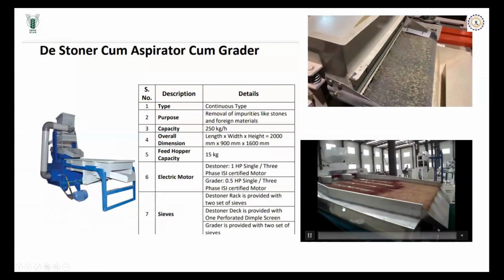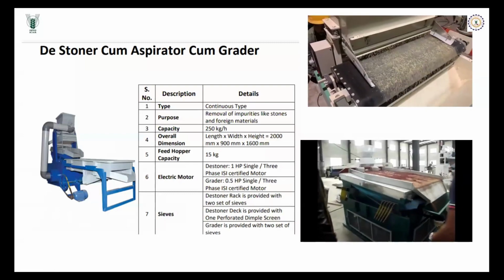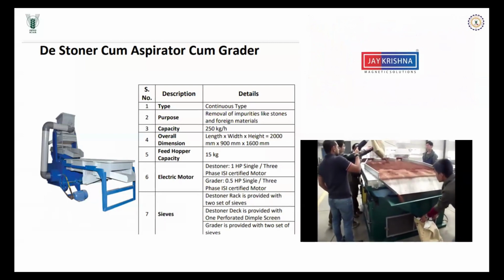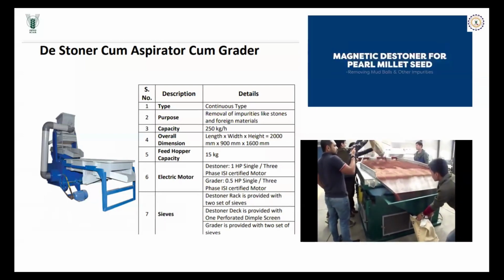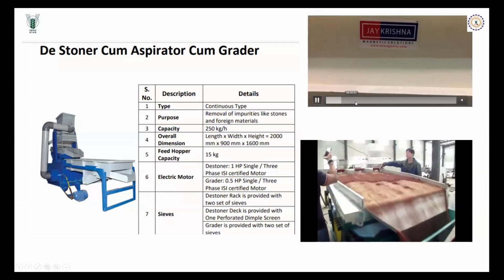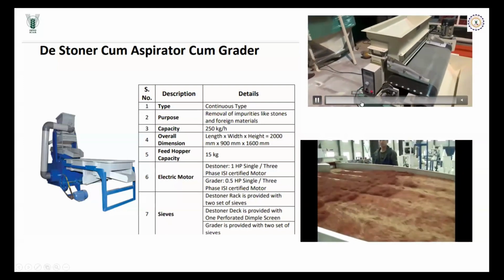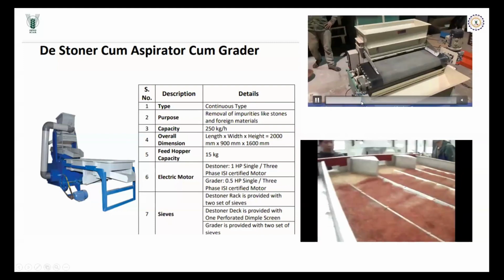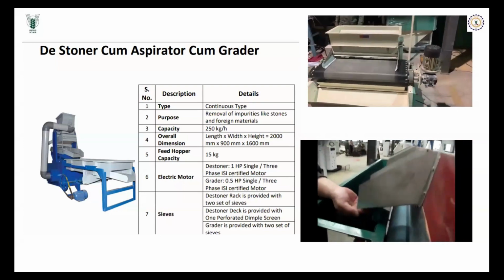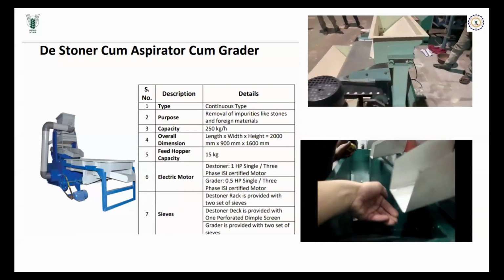The next set of equipment does de-stoning and also removes the unwanted chaffy material. That is called a de-stoner-cum-aspirator and grader. So it does three activities: de-stoning, that means removing the stone; aspirating, removing the chaff; and also grading into different fractions. Such equipment is commercially available, and we have also tested and issued test certificates to a lot of industries